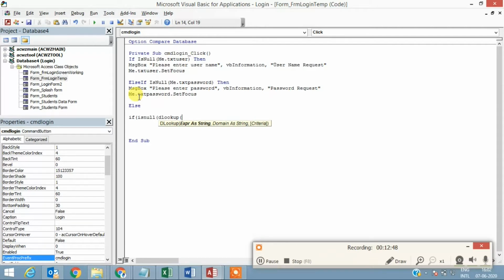The first one is the field name. The second is the table name, and the third is the criteria. It works very similar to the SQL statement. So the first one is the field name, second one is the table name, and the third one is the criteria. So let's go back and check